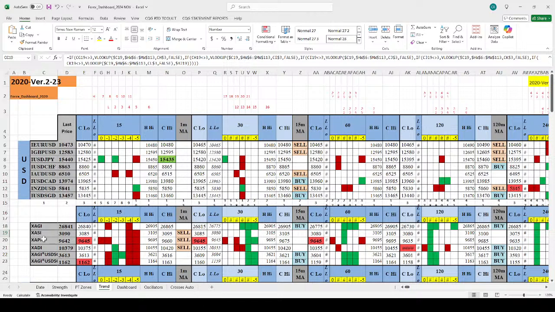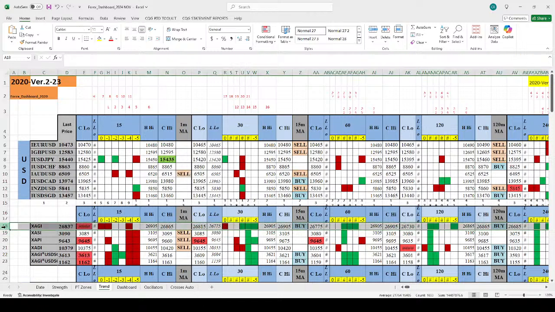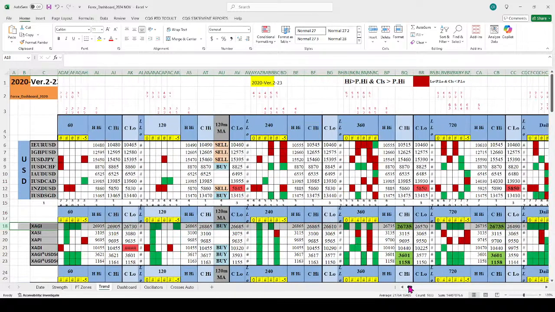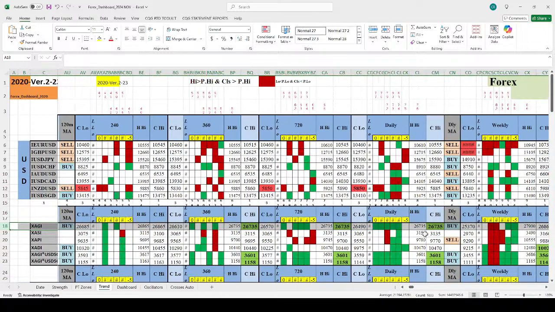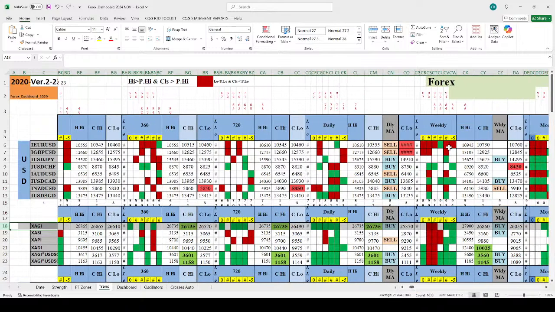What has happened in gold is, I've highlighted this, it is trading above the previous day high, which is 2673 half, and above the previous 360 high, which is also about 2673 half. So now that is going to be our benchmark level, and just now it broke that 86. In fact, it broke that 86 and it was also pointing that the weekly was also above the high.